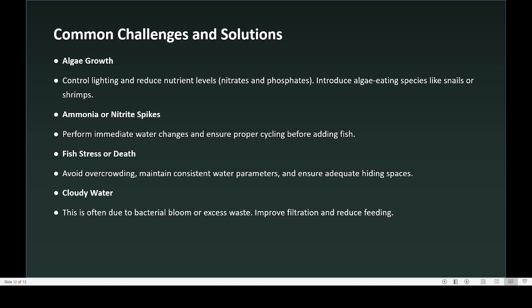natural ecosystem. Then cloudy water, this is often due to bacterial bloom or excess waste. So for example, if too much food is there, that will lead to the development of bacteria. Then improve filtration and reduce feeding. So these are the things that we have to monitor, like growth of algae, ammonia, fish stress, and also cloudy